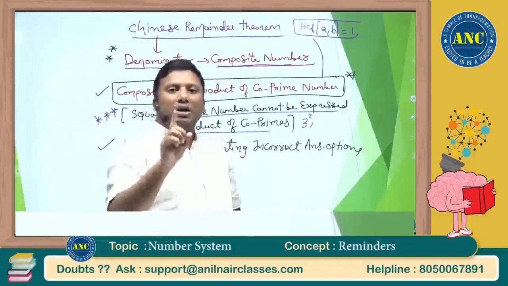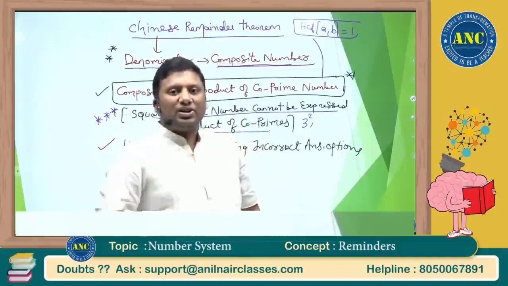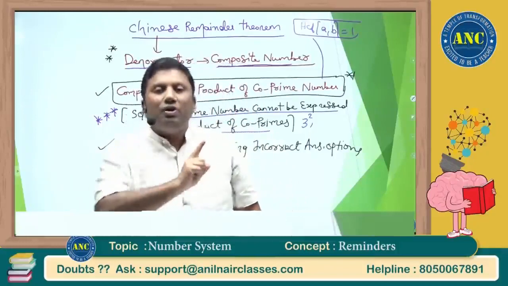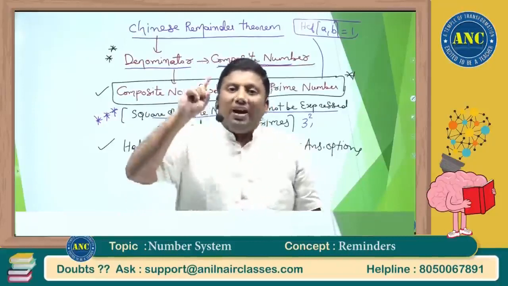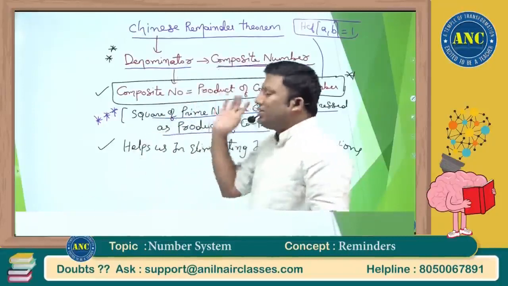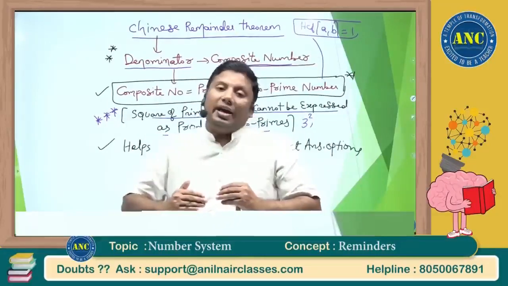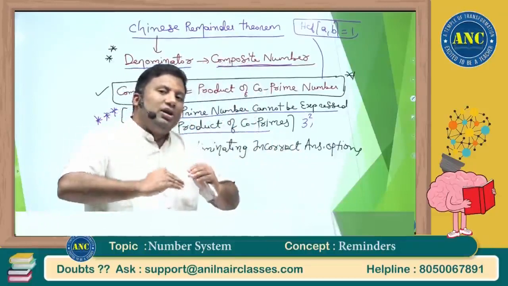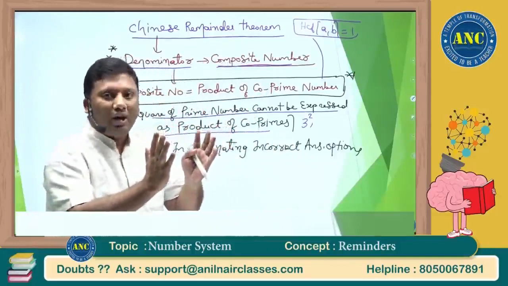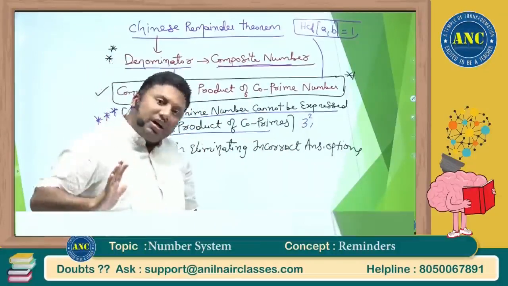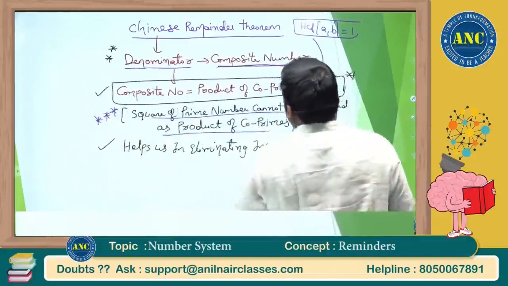Chinese remainder theorem in remainders is like a digital sum. In mathematical operations, digital sum will never give you the right answer option, it will eliminate incorrect answer options. Chinese remainder theorem is also like this. We have seen the drawback of Euler theorem. Again I am repeating, if the power of the numerator is nearer to the totient function of the denominator or its multiples, then Euler's method is the best method. So this is the introduction to Chinese remainder theorem.